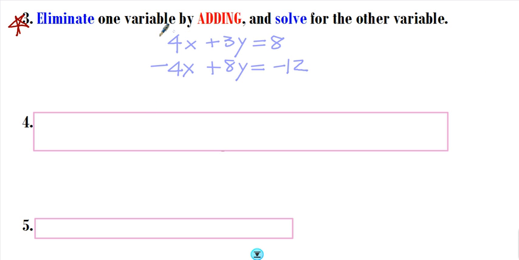Well, I'm sorry, that should have been positive 4x. So it should be positive 4x up here. And then step 3, once you're here, you have to add them. And if you add, what's going to happen is you're going to eliminate one, meaning you're going to get rid